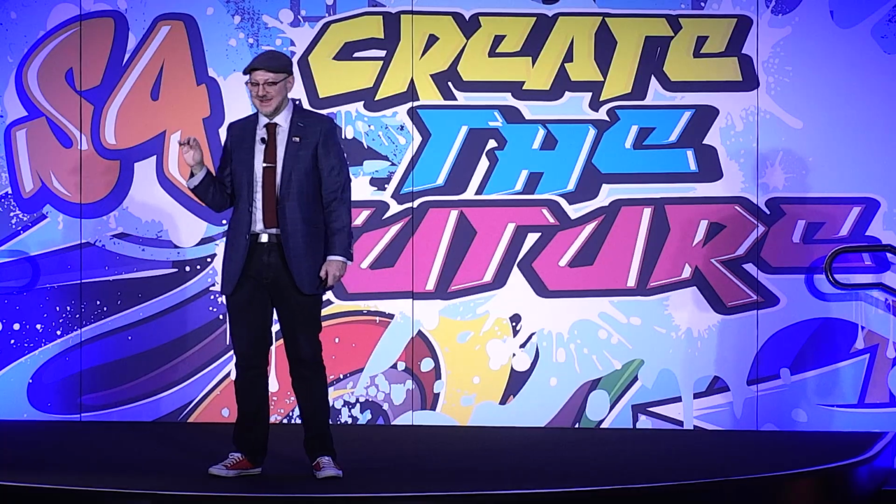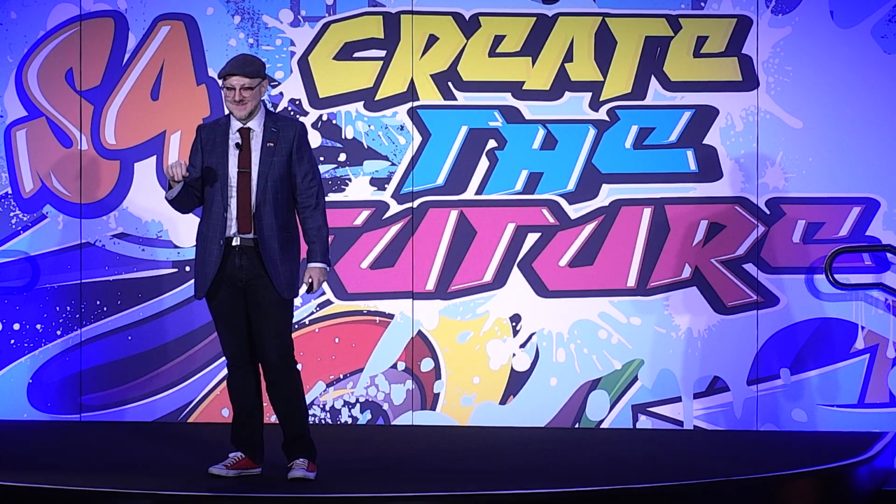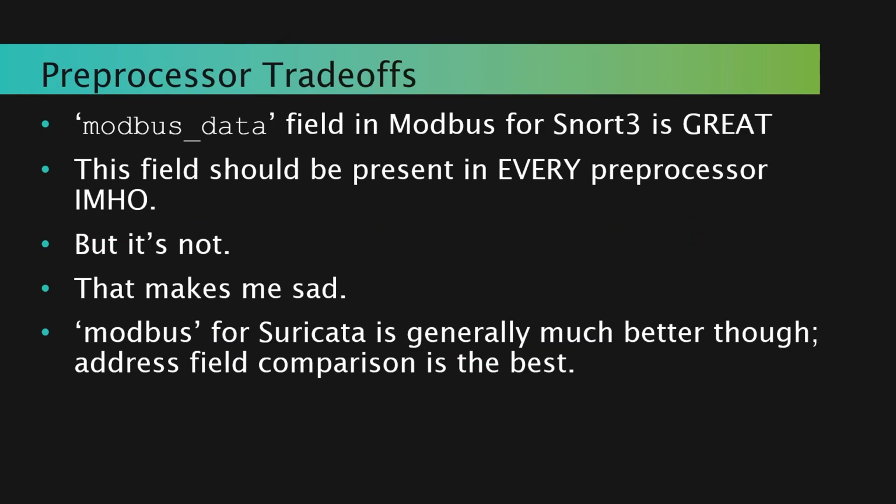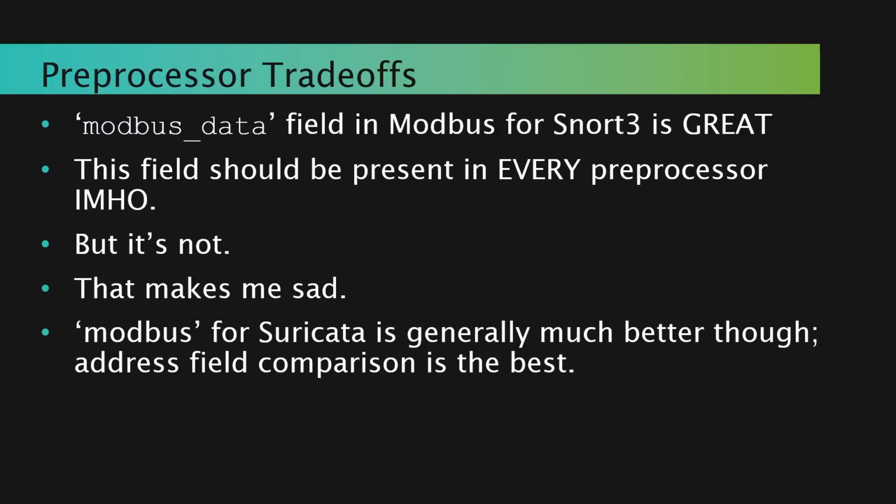So that's the thing that I don't like so much about the use of preprocessors, is just that those sanity checks can kind of get in your way. There's some other trade-offs too, like the Snort 3 Modbus preprocessor, I don't like it as much just because it doesn't have a lot of useful data, like generic function codes, like just tell me if it's a write, tell me if the register that they're trying to write to is this. But that Modbus data field that Snort 3 has is amazing, and I love it,